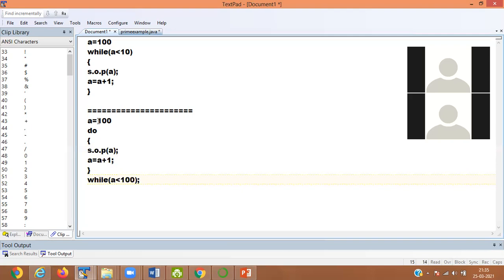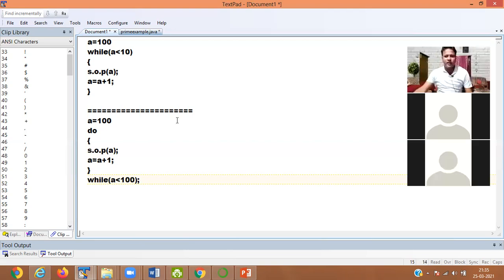So a is equals to 100. It is printing you 100. 100 plus 1, 101. 101 is less than 100. So now condition becomes false.